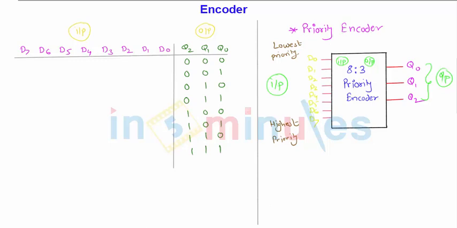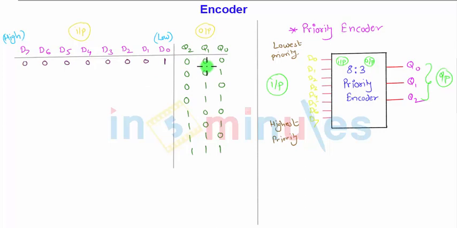Now let us try to understand the truth table for the priority encoder. I will assign the inputs starting from D7 to D0, where D7 has the highest priority and D0 I will set to low priority. Let us say that all the bits are absent, meaning D7 input is 0, D6, D5, D4, D3, D2, D1 are 0, and only the D0 bit is present, so I will assign output 0 0 0. Since there are 3 output bits, there will be 8 combinations. So out of 8 combinations, the first combination 0 0 0 will be assigned to the D0 bit and it is processed.